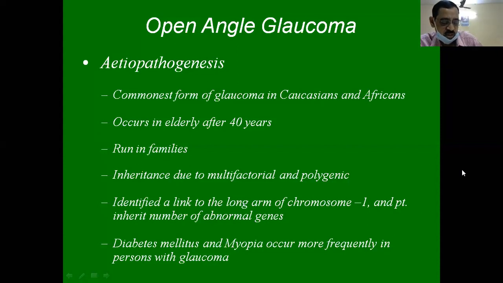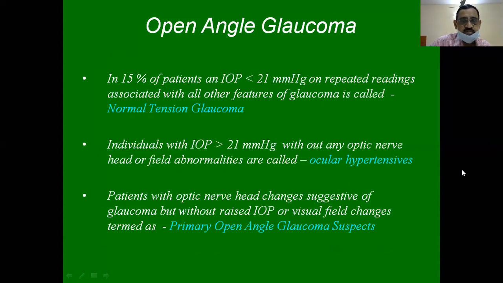So for corticosteroid responsiveness, there are high responders, moderate responders, and low responders. The high responders are only 5% of the population. Suppose in high responders, if local corticosteroid drops are instilled for about nearly 6 weeks, the chance of an increase in the intraocular pressure is seen in these people. Okay. So next, if you take the pathogenesis of primary open angle glaucoma, the increase in IOP is due to decrease in aqueous outflow.